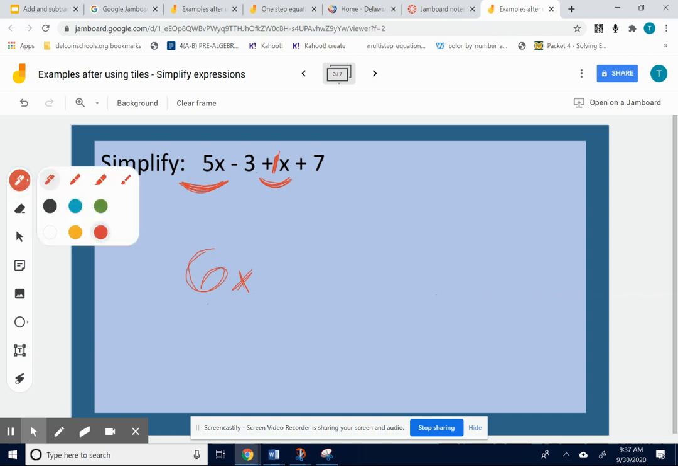Okay, now I'm going to use another color to look at my constants, the regular numbers. I use green. So when I combine my constant numbers together, I'm going to combine a negative 3. Okay, notice I'm keeping that negative with the 3, and a positive 7. Okay, when I add a negative 3 and a positive 7, I get a positive, make sure you write the positive symbol, 4. Okay, so my simplified answer is 6x plus